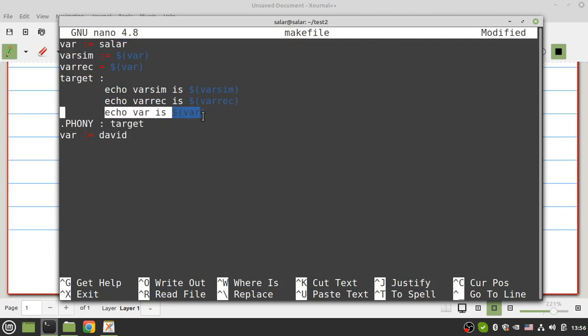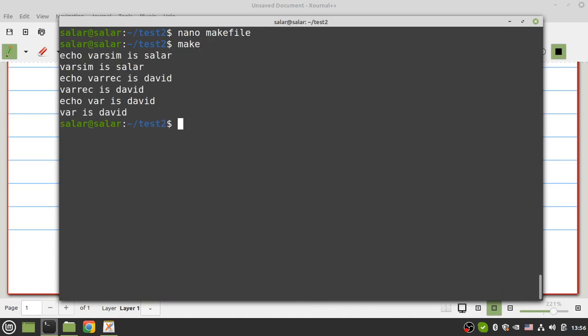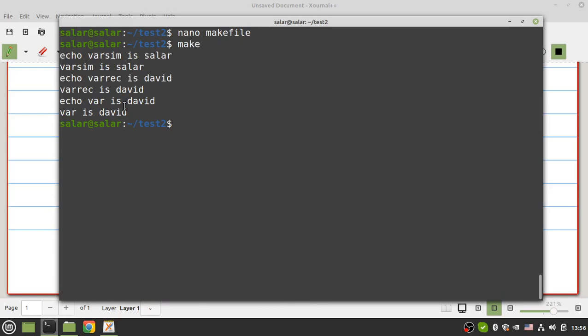Okay, so another time, if I run my makefile, echo var is David. Okay, so after reading all of your variables, make runs your recipe. Make runs your recipe after reading all of your file,